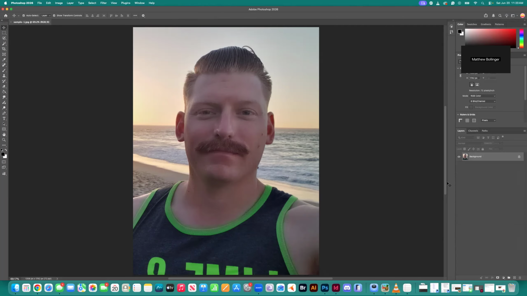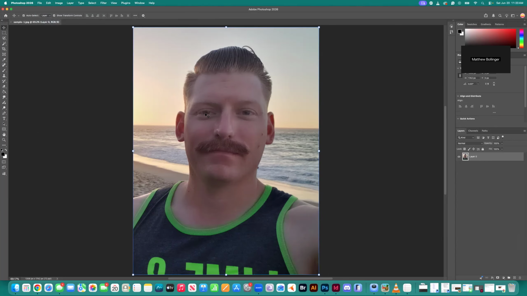All right. And then on the right hand side, you're going to see the layers palette. There's a little thumbnail of the image that we're working with. And you'll see on the right hand side that there's a little lockbox. So I'm going to unclick that lockbox, and that's going to give me the keys to the castle, so to speak. And after I unlock that layer, I'm actually going to want to resave this because I want you guys to realize or notice that this image is actually a JPEG file, okay? And so now that we've unlocked the layer associated with this JPEG file, and if I hit Command S,